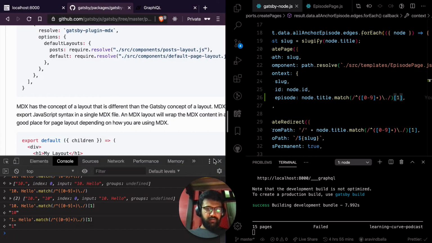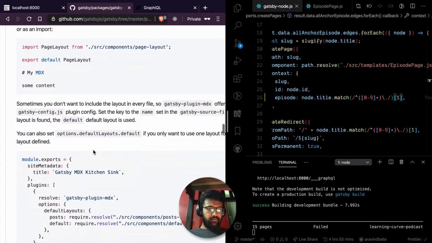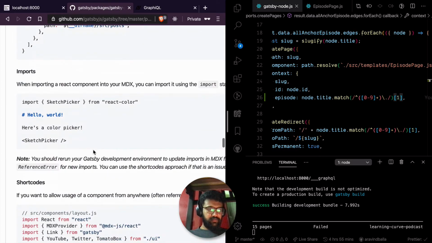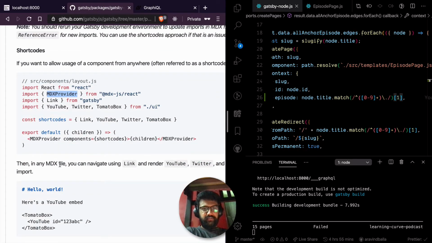Also, I would need an MDX provider to render components inside this.